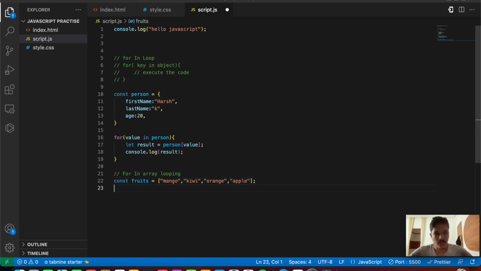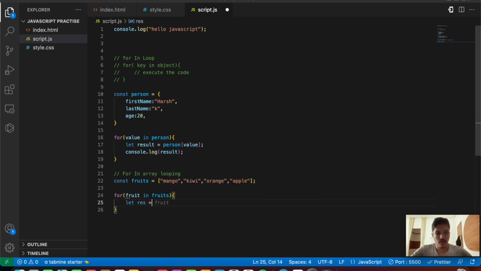Okay, so there are some basic values inside the fruits array. Now with the help of the for in loop, we are going to access all the contents inside the array. So let's say for fruit in fruits, we're going to say